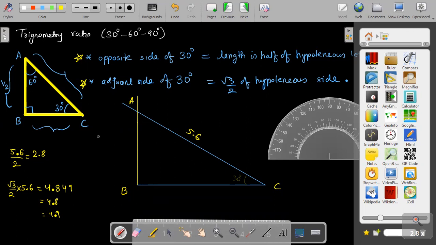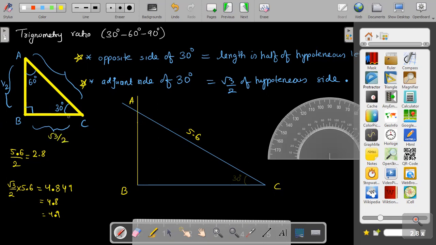Okay, so let me draw this right angle triangle again with the values. It is saying AB will be half length and BC will be √3 by 2. So I'm going to use those values here and I will give you some work to write the formula for sine, cos, tan and you are going to help me in that. So this is √3 by 2.